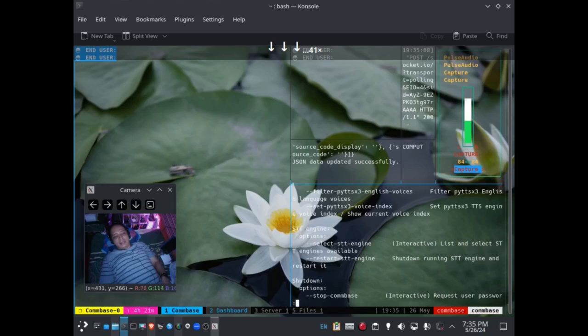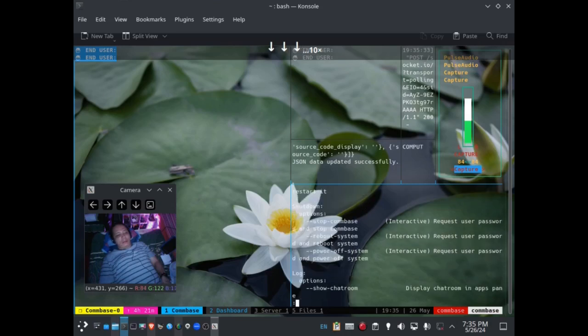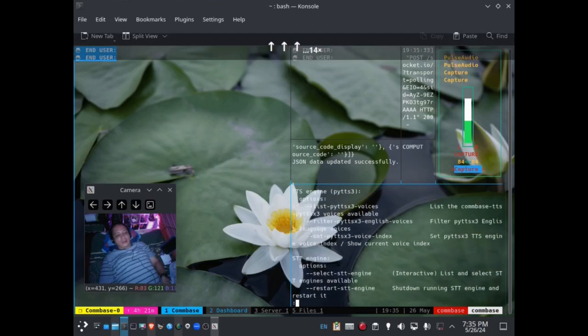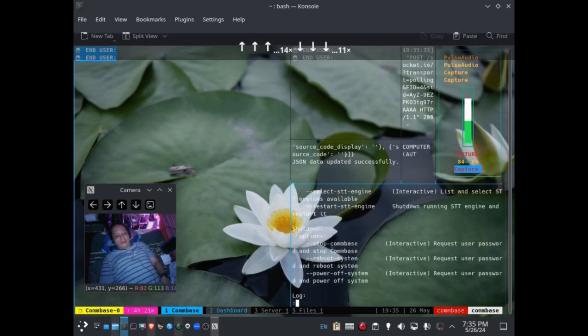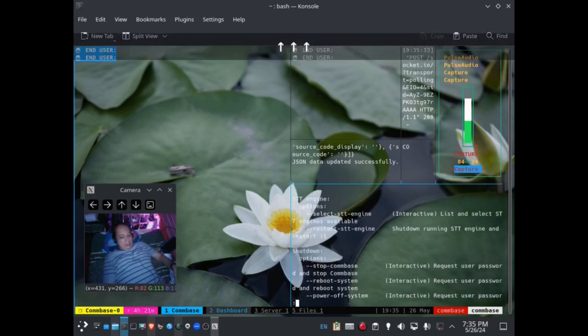The idea is that these options will be all built-in commands, terminal commands, and also voice commands. At this point we have only some terminal voice commands, like, let me see.